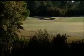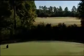We're on Heron number 9, classic finishing hole, par 5, 587 yards from the black tees, the back tees here. You've got about 200 yards of carry to the fairway, about 240 to the dogleg left. From the back tees here, it's going to be a really long hitter to try to cut the dogleg and go with the bunkers. The play here is straight away,